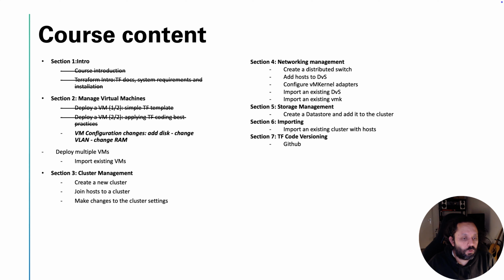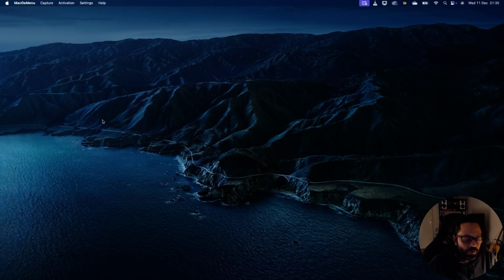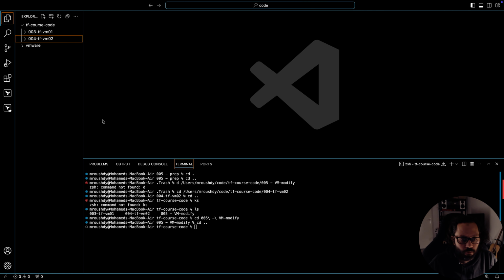And in this lesson, we will be making modifications to the config of an existing VM that was created previously by Terraform. Based on the time we have for the session, I will go through multiple changes. For example, increasing the memory of a VM, adding a disk, changing a VLAN, and I will be giving a few tips and tricks here and there, just to give you some insights on how Terraform is powerful and very quick